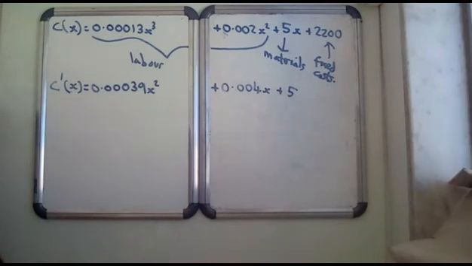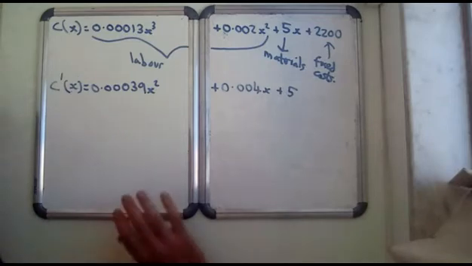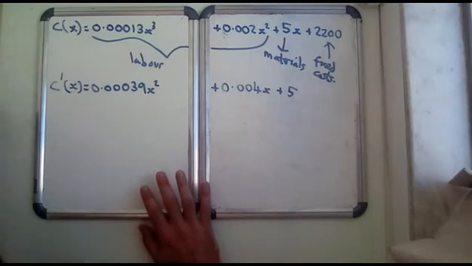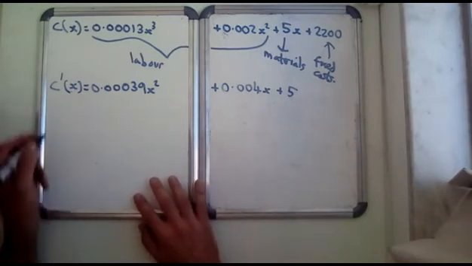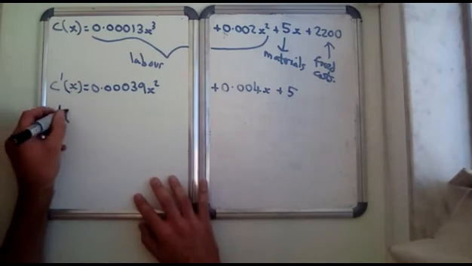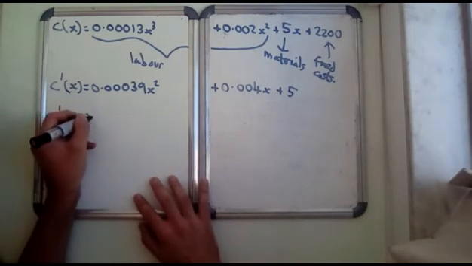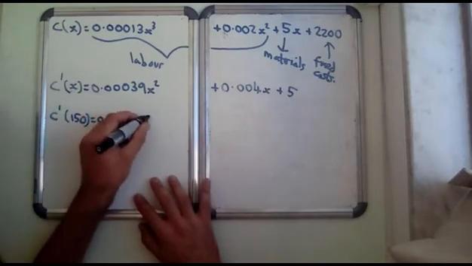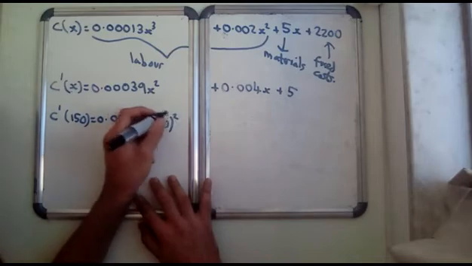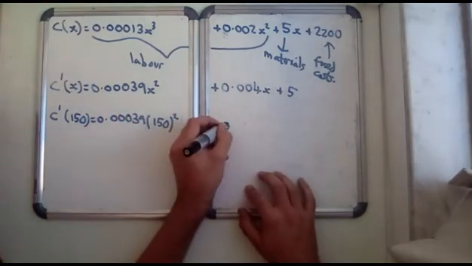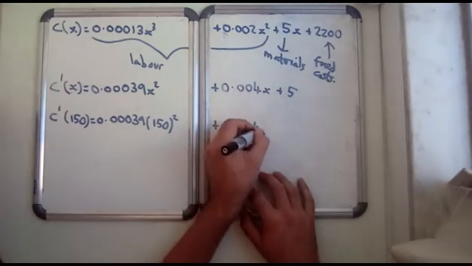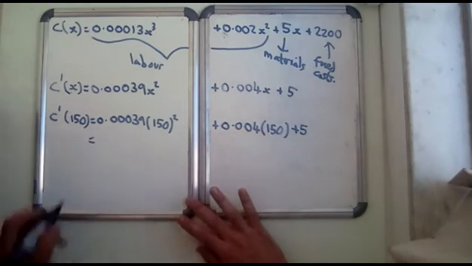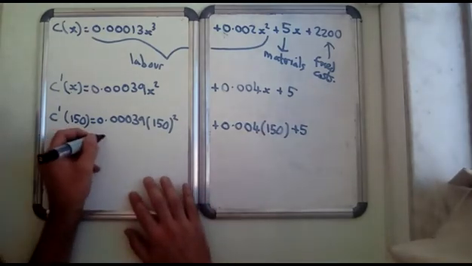Right, so we've got the marginal cost function, looks like that. Then it says find the marginal cost when 150 items are produced, interpret the results. So basically we need to find C'(150), so equals 0.00039 times 150 squared plus 0.004 times 150 plus 5, which is around